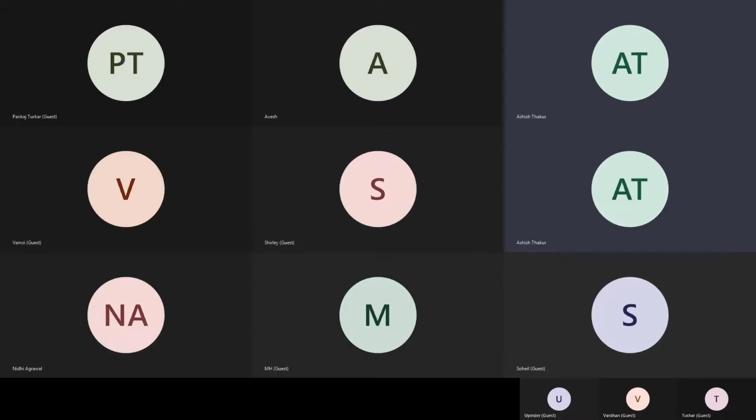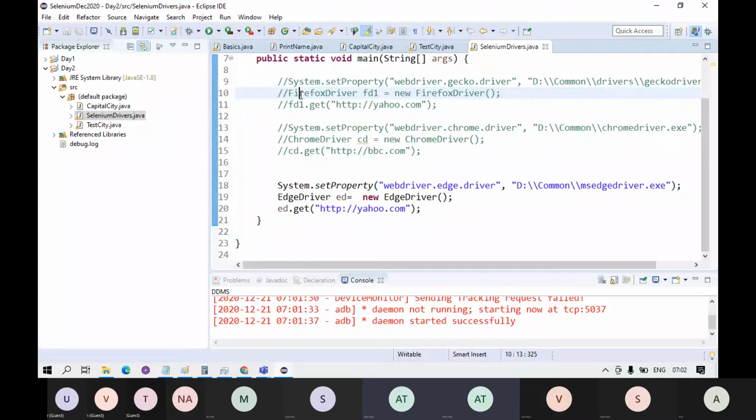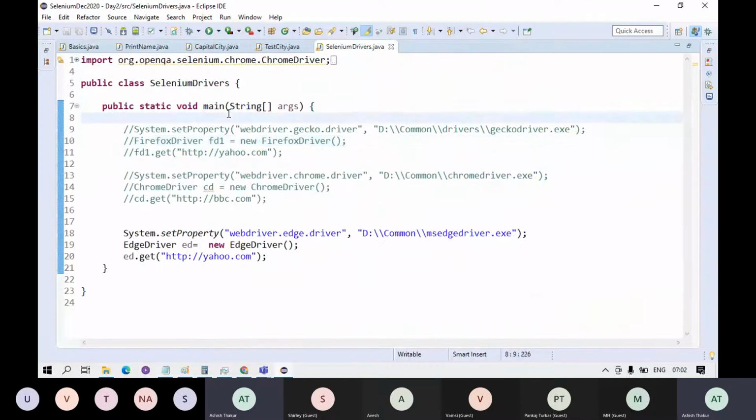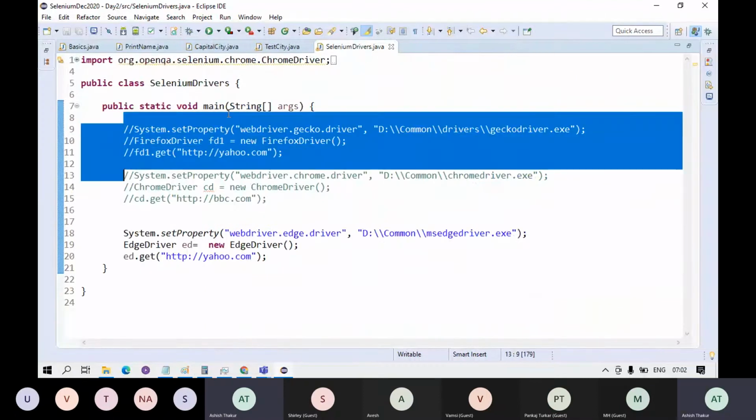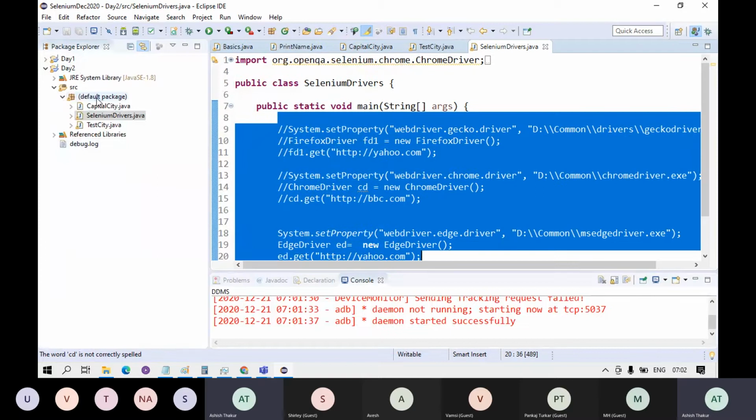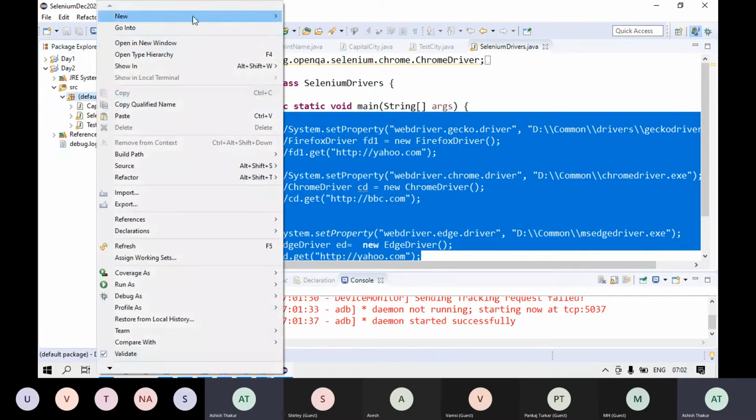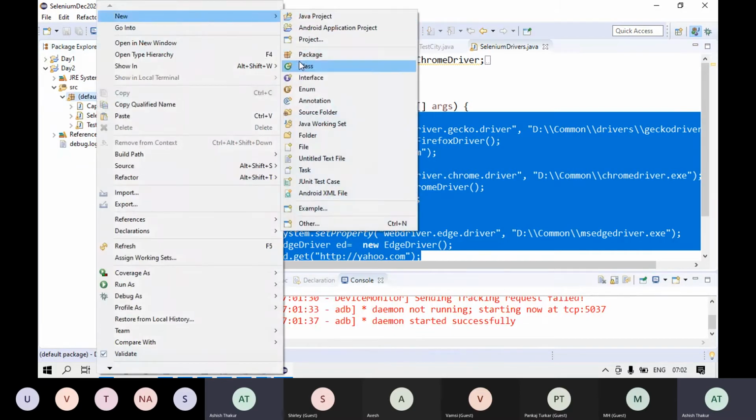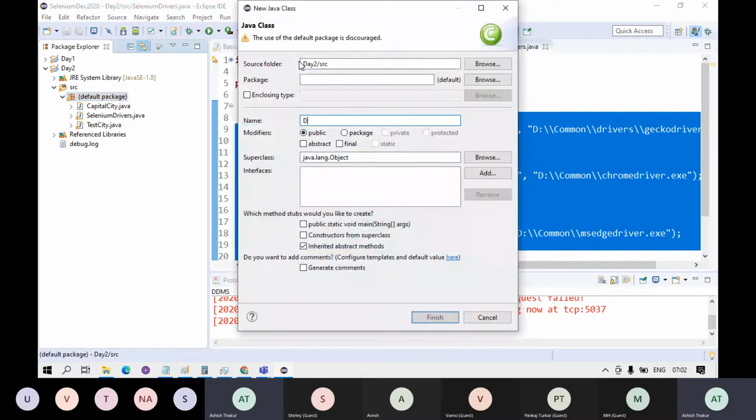What are the different drivers in Selenium, how do you create objects and invoke the different browsers and all. Okay, in today's class, we will be looking at how you can dynamically write a script which can work on all the browsers. Right. So, for example, if I make a new class known as dynamic script,